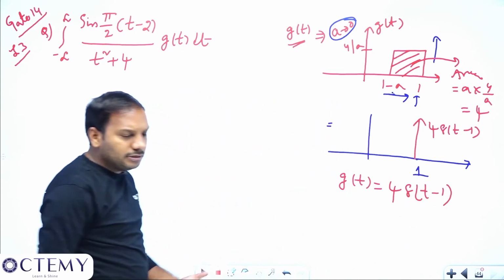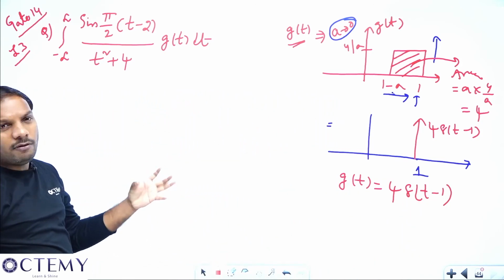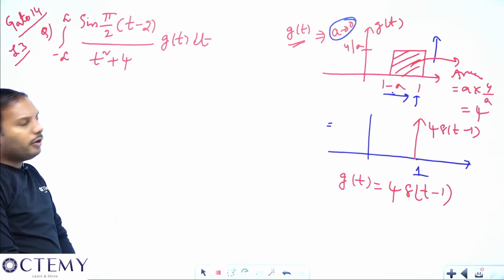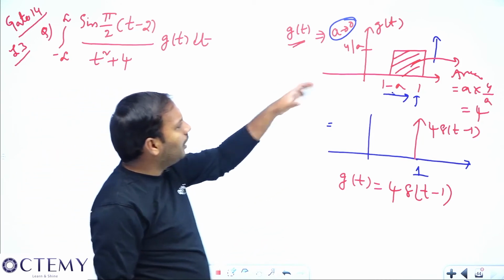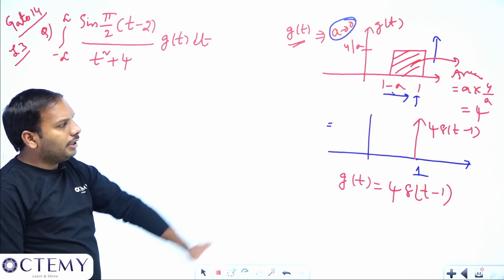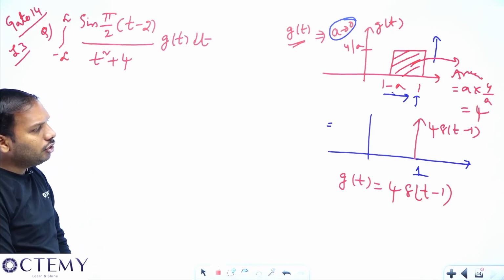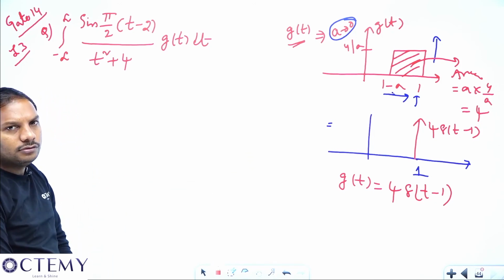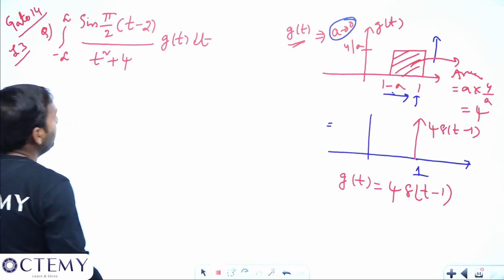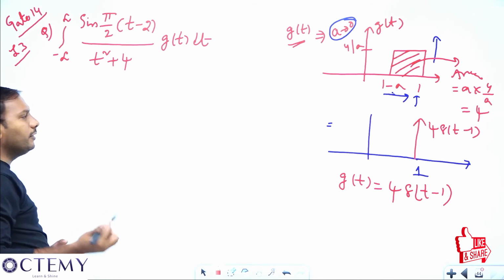So nothing else has been given, he has included the concept of a parent signal in this problem. For this parent signal, you have to make a tend to 0. If you make a tend to 0, then automatically you will get g of t equal to 4 del of t minus 1. Once you get this logic, directly substitute the g of t here, then go for solving.